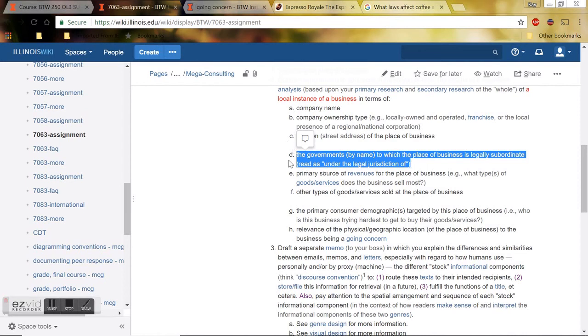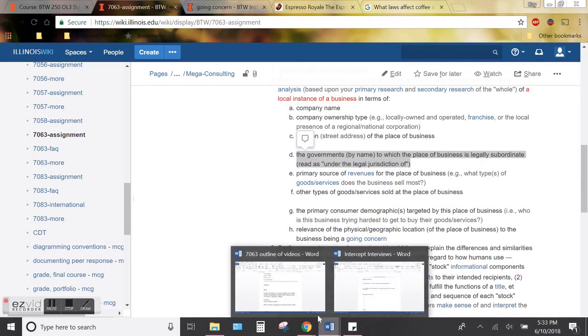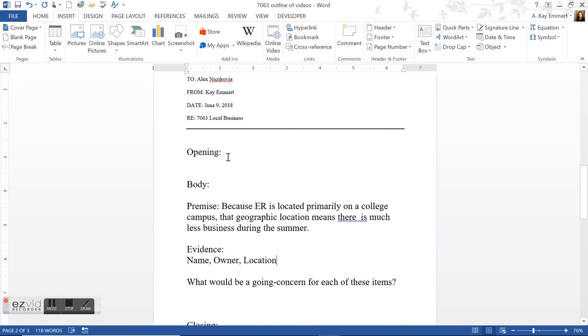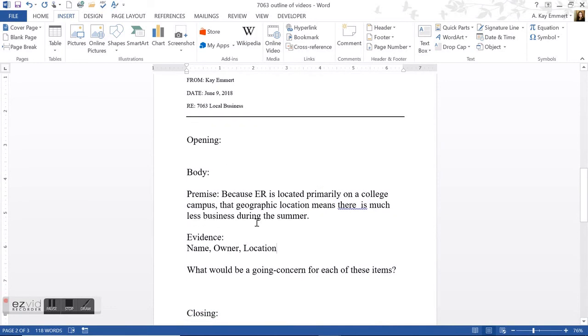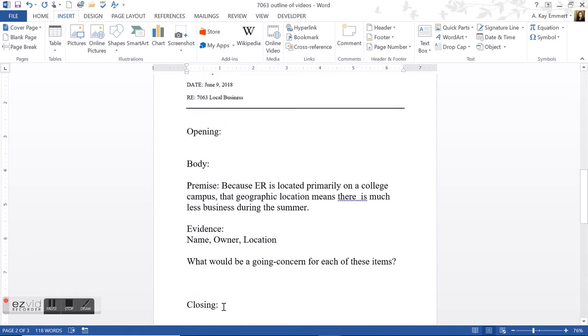Okay, so each of these items you would try to connect to the purpose of our document, which is a going concern. And that is exactly what a conclusion does. If you've ever looked at a body paragraph or an essay structure, you're supposed to have your individual points and then a closing or conclusion, which is not just repeating what you just said. It is connecting the overall purpose to each individual point. So in the last sentence of each body paragraph, you have a concluding thought.